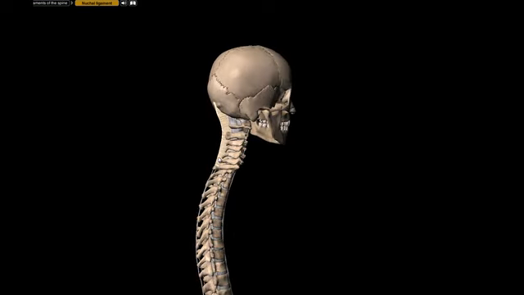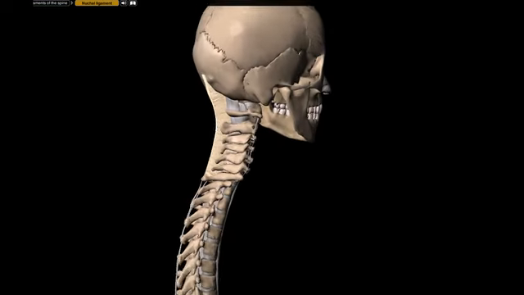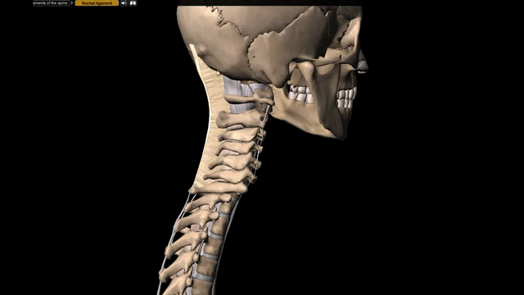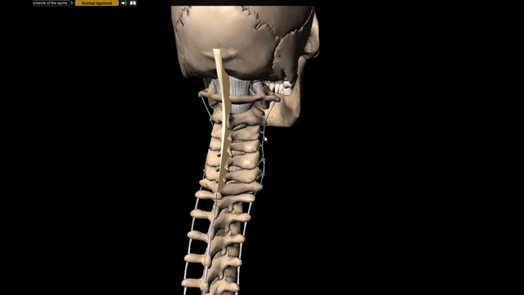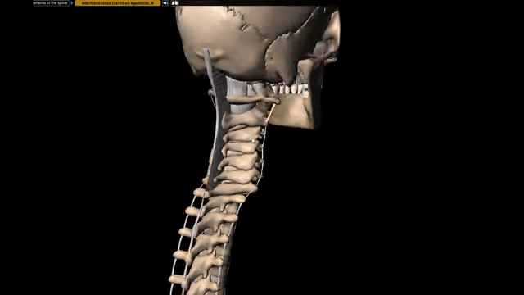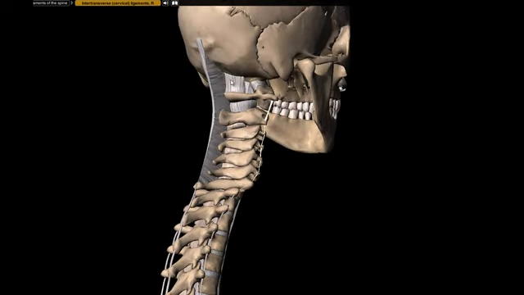So the extension of the supraspinous ligament is the nuchal ligament, or the ligamentum nuchae is the other way that you'll hear it called. Zoom that in a little bit. Then I have laterally the inner transverse cervical ligaments, as I start to move